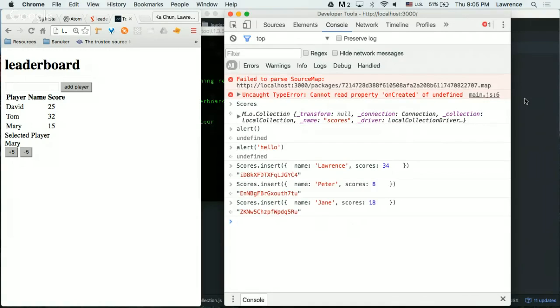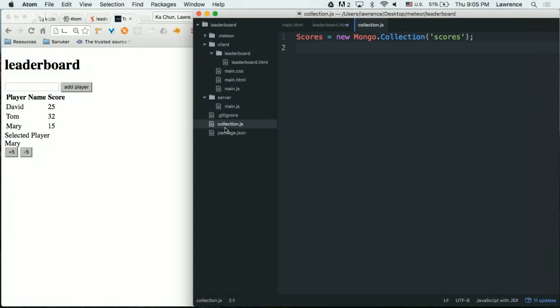Okay, I saw some people have problems about inserting fields. Just try to double check where you have this collection.js file. It has to be out of the client folder and also the server folder. And I will explain it later why.